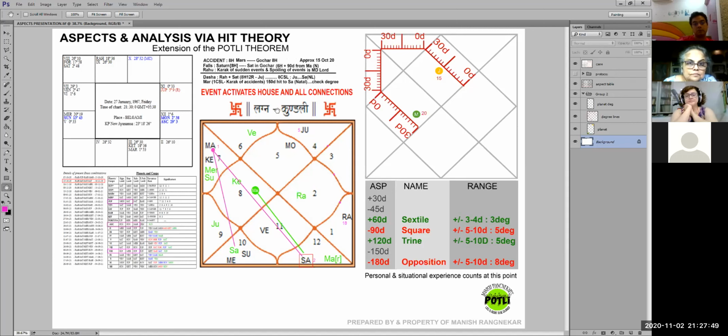If I just look at the chart simultaneously, I realize that Mars is seated in the 8th house over here in Gochar also. I am telling you just now, don't even look at Gochar, but still, since it is there, I just made a note of that. Okay. Now falls, to fall down, is signified by Saturn and the 8th house. Again, same thing. Now, if you see Saturn, where is it seated? 8th house.